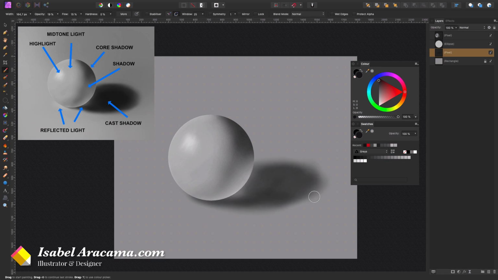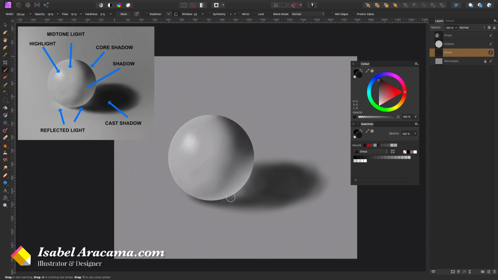So now we're going to start talking a bit about the shadow itself. This area here is called the cast shadow, and it's very dark. The light doesn't hit on it. And here below is the part of the cast shadow that is the darkest. It's called occlusion shadow. So right below we will paint very dark. This is where the object and the floor touch. But around it, it doesn't need to be, because there's some light coming from here.